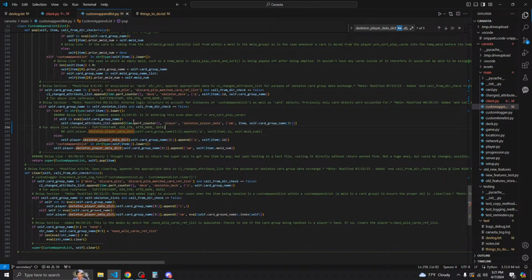And we did this correctly and put the timestamp, the dir string as player, skeleton player data, and then the actual data itself is going to be self item ID and then self meld num. So this one's got 3.